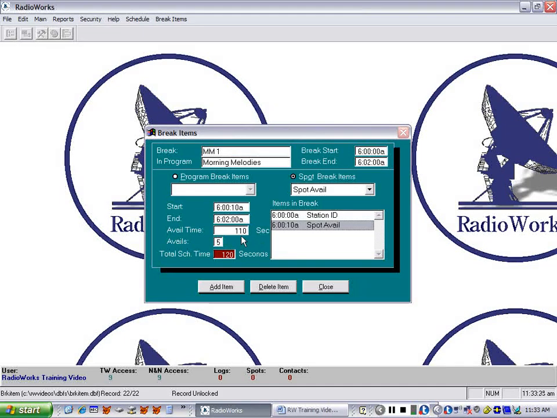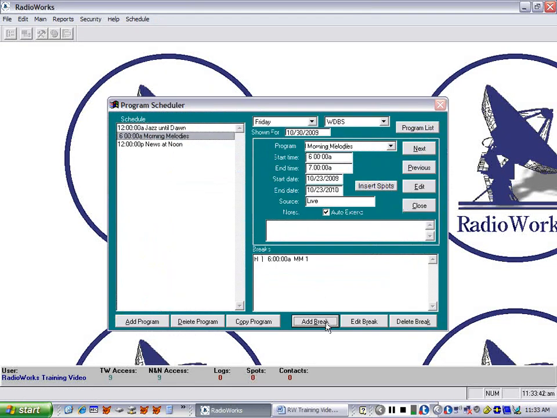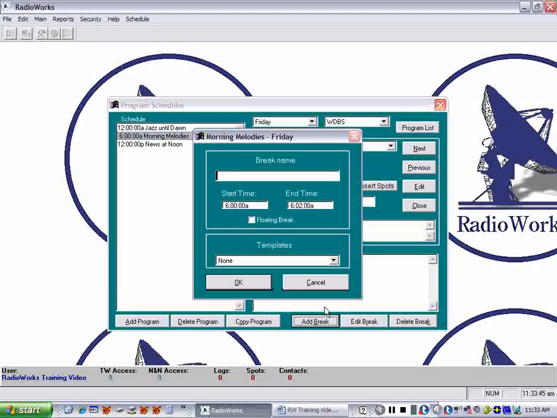So any combination of spots that total 110 seconds, or if you have 5 spots regardless of their length, then this avail will be full. All right, we're going to close that now, and we'll go on to make another break. And we'll put in